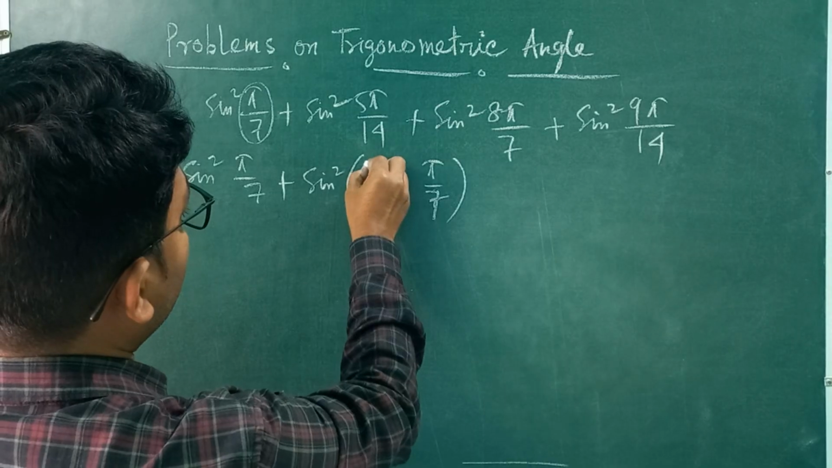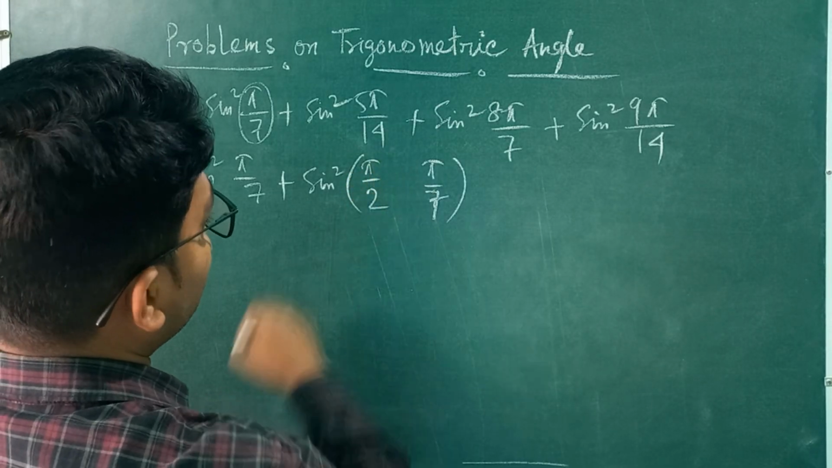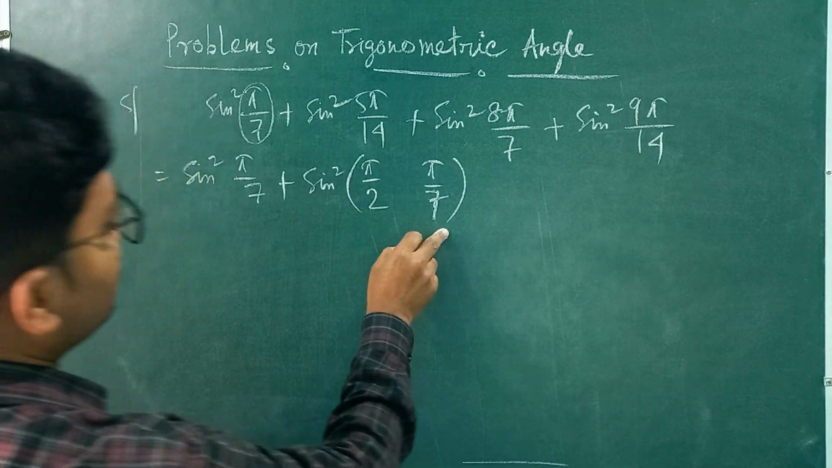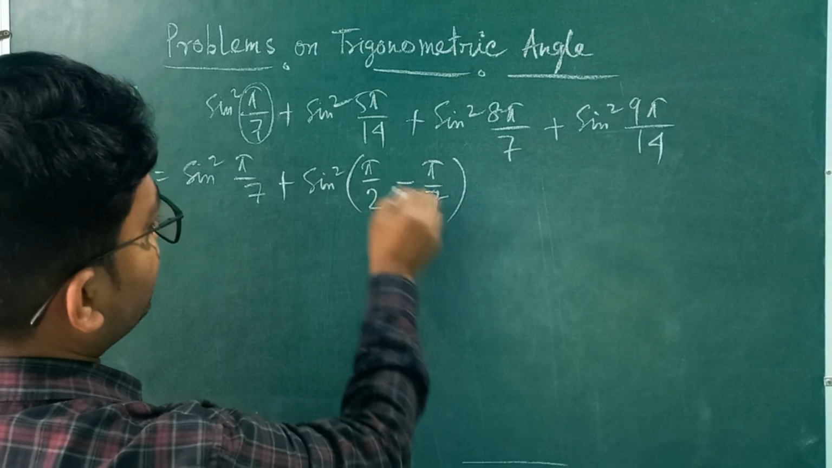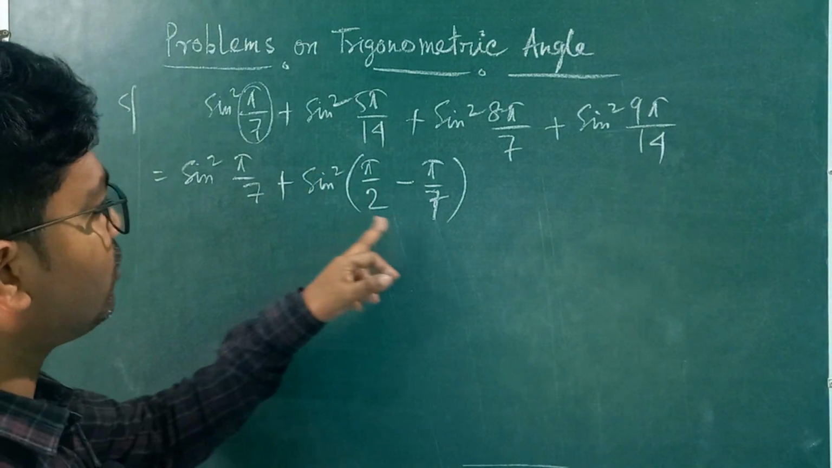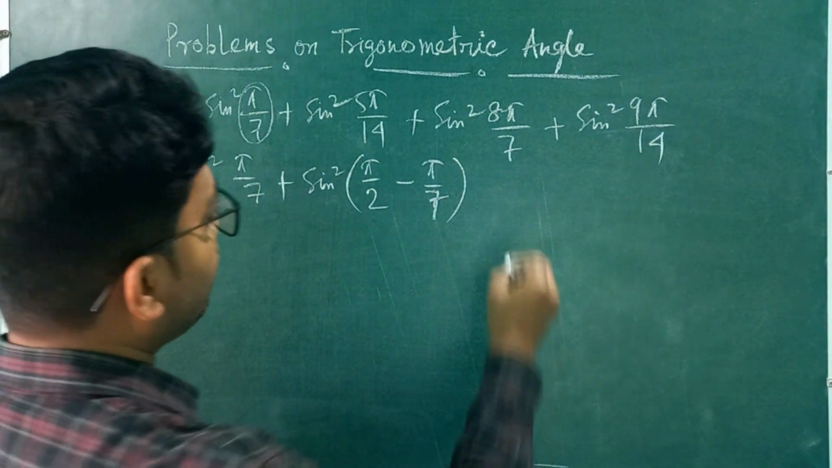So, what can you write here? If you write here pi by 2, 2 7s are 14, 7 minus 2 means 5. This is pi by 2 minus pi by 7. This one,